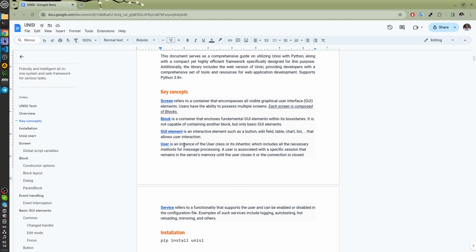User class. An instance of user class is associated with each connected user. It contains all interaction functionality that we can redefine or extend in case of necessity. By default, the user has all the necessary methods and properties for successful work.